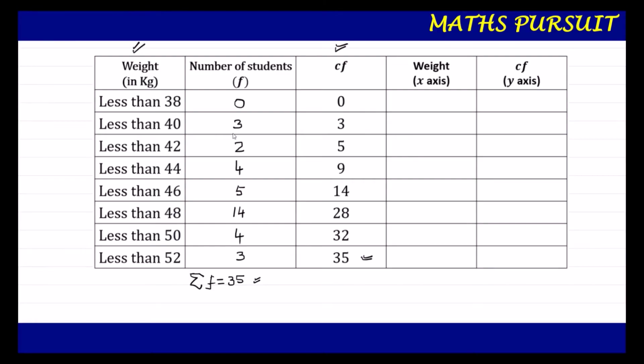Now guys, we have the things required for the ogive curve. Here we are going to draw a less than ogive curve. There are two more columns that we need to fill up. The first is the weight column, which we have named that because our distribution is regarding the weight, and the last column is the cumulative frequency, which is the y-axis. Our weight column is the x-axis and the last column is the y-axis.